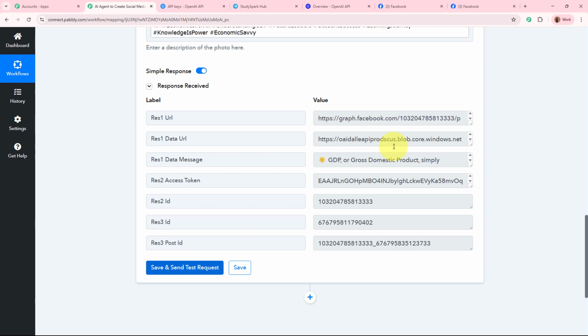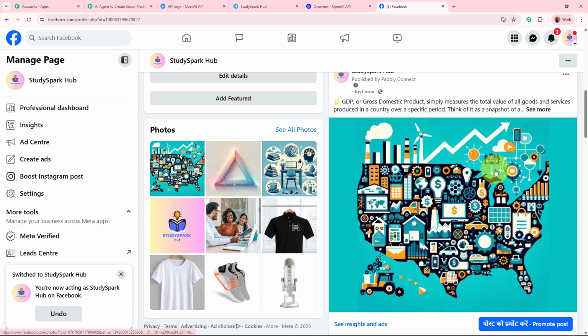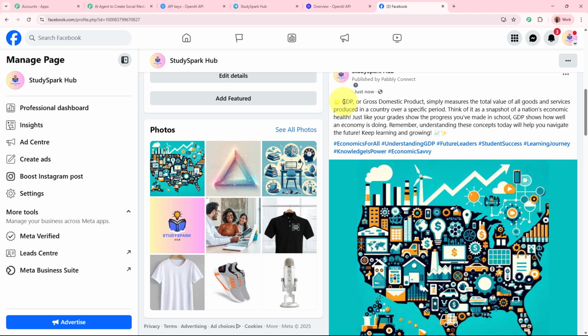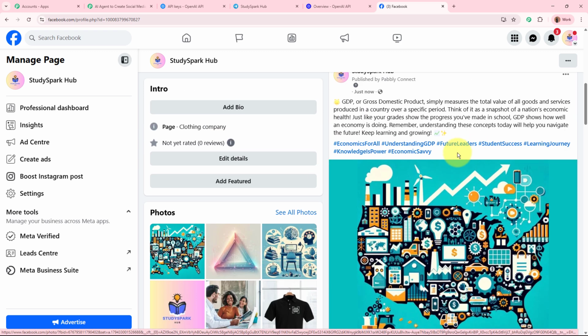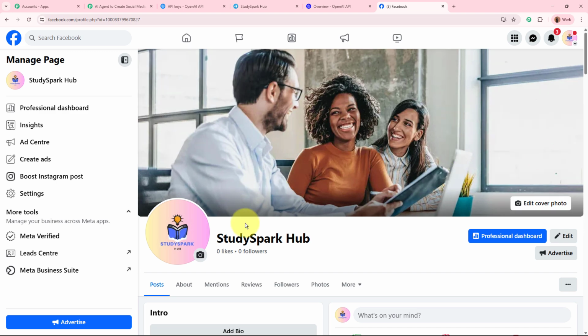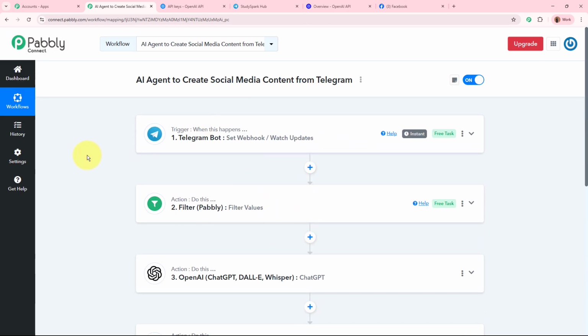So this is the response that I've received, and this is a positive response. Now if I open my Facebook page right over here and scroll down, yes, you can see a new post has been created on my Facebook page related to GDP, or gross domestic product. It simply measures the total value of all goods and services produced in a country over a specific period. You can see the caption with the hashtags, and the image has been posted on my Facebook page automatically. And as the post has been created automatically on my Facebook page, this means that we have successfully created this AI agent